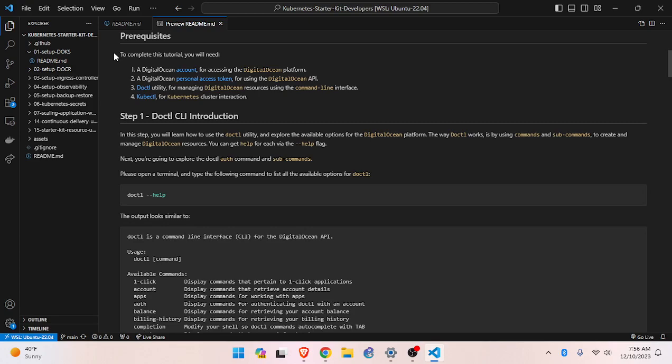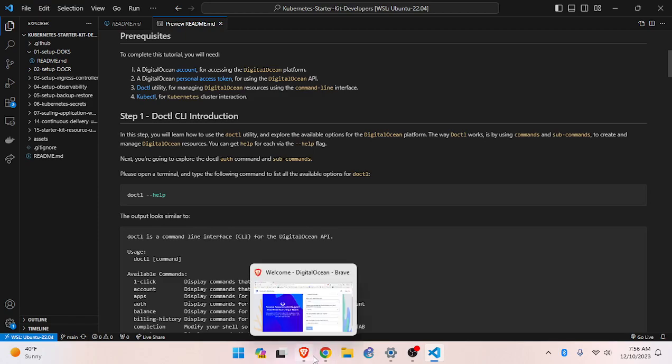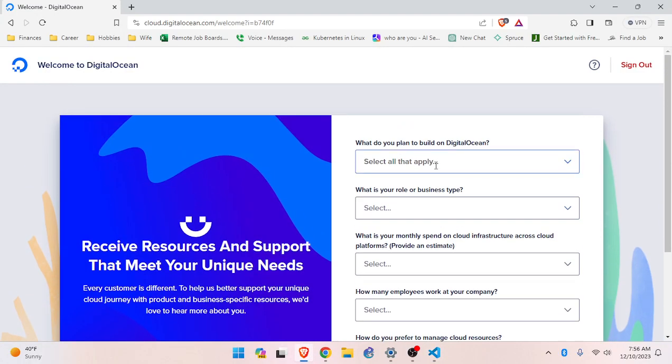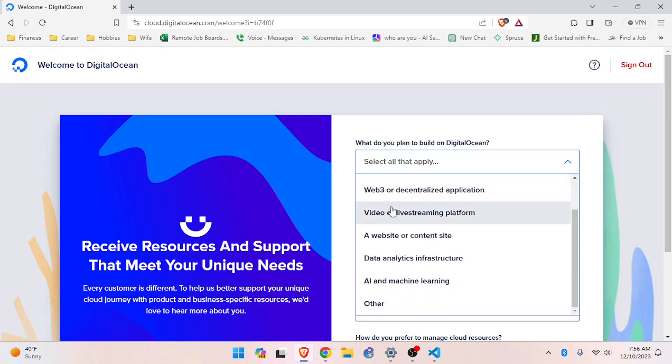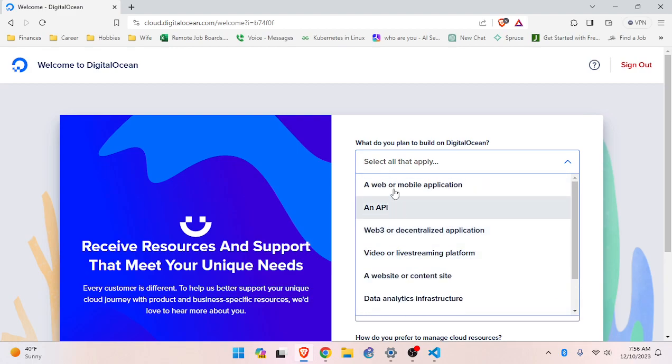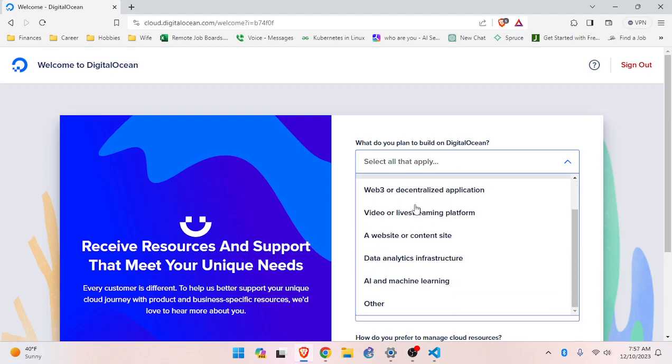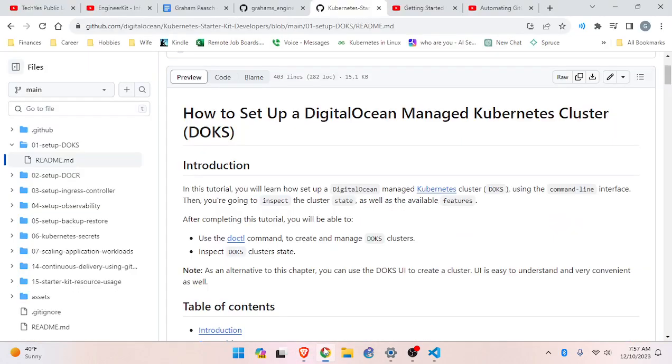Okay, so to complete this tutorial, you will need the account. So let's work on creating the account. How do I plan to use it? I don't know. It's for Docs, right? It's a Kubernetes cluster.